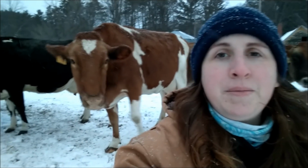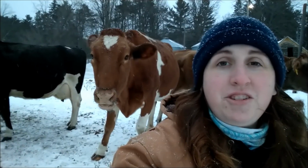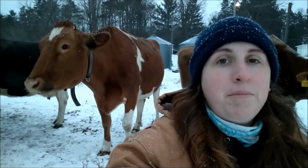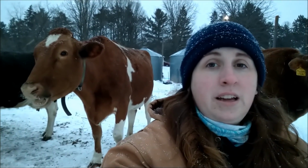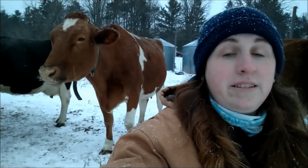The Guernsey cow. We have 2 registered Guernseys on the farm. The main reason that we decided to register our Guernseys is kind of a sentimental reason. This area of Minnesota was kind of put on the map because of the Guernsey cow and the golden Guernsey milk. The Guernsey cow originated on the island of Guernsey, just off the coast of France, and very near to